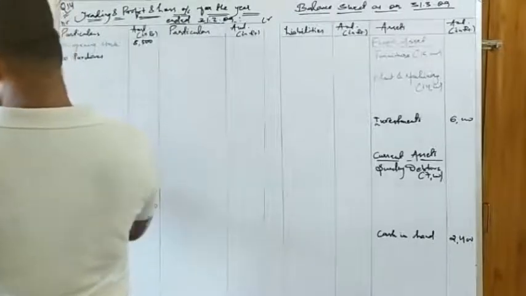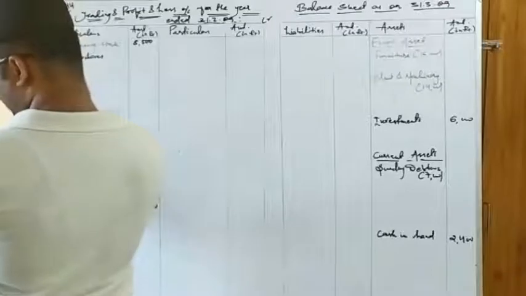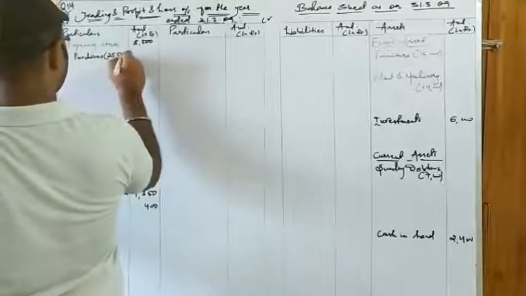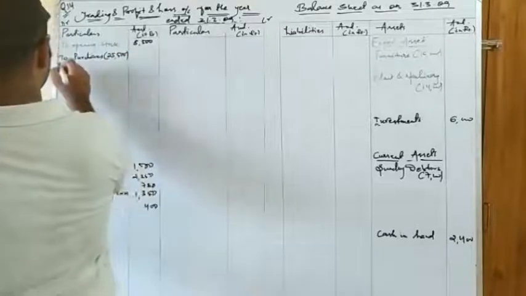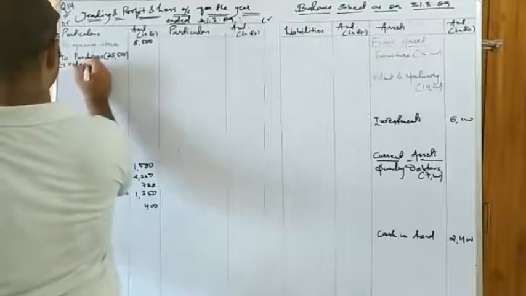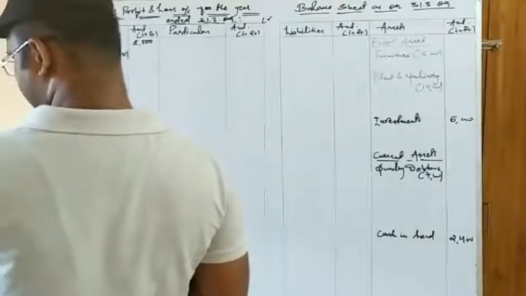Yes, we are having return outward. So we will keep the amount of purchases in the inner column so that we can subtract it further. So purchases given is 25,500. Okay. So in future we will be getting returns, so I am mentioning it here earlier only. Returns. Okay. Then the next item is rent, rates and taxes.